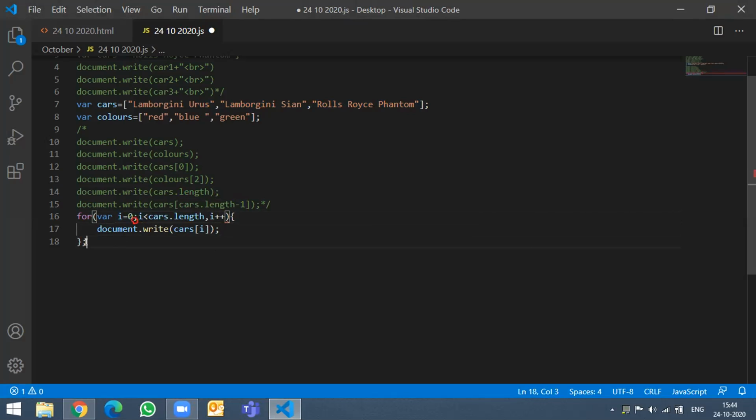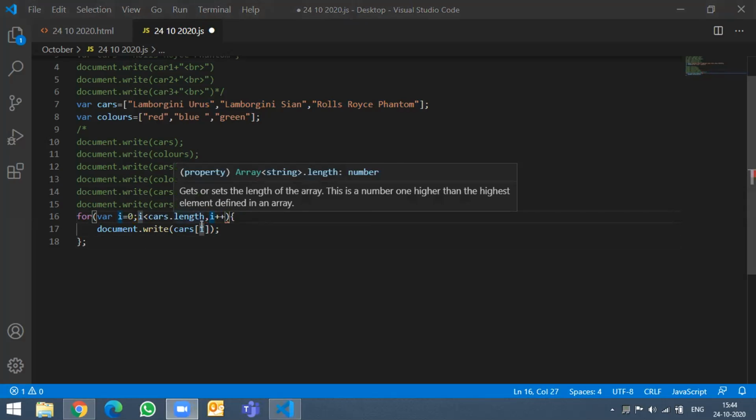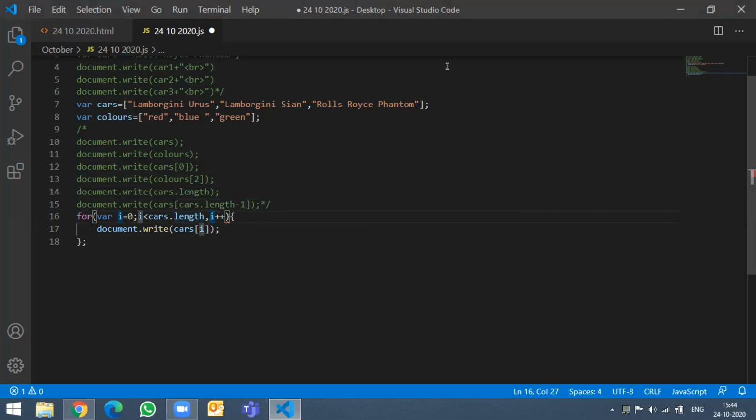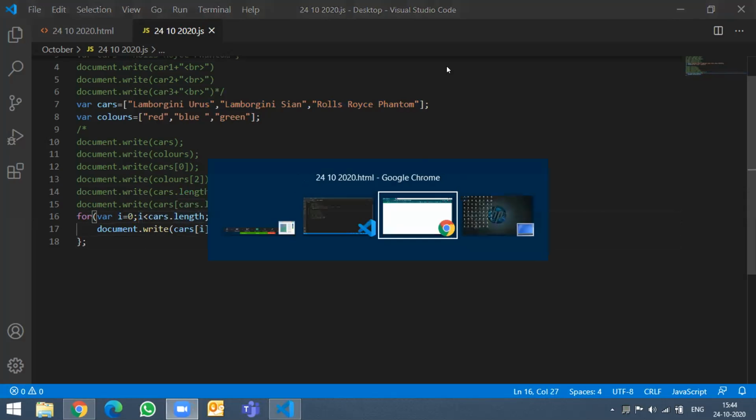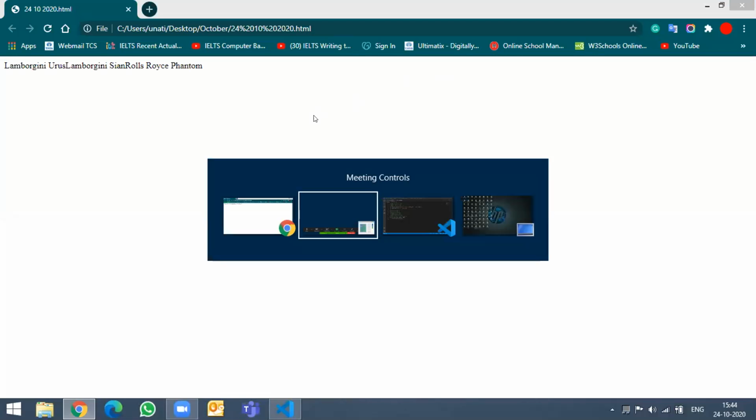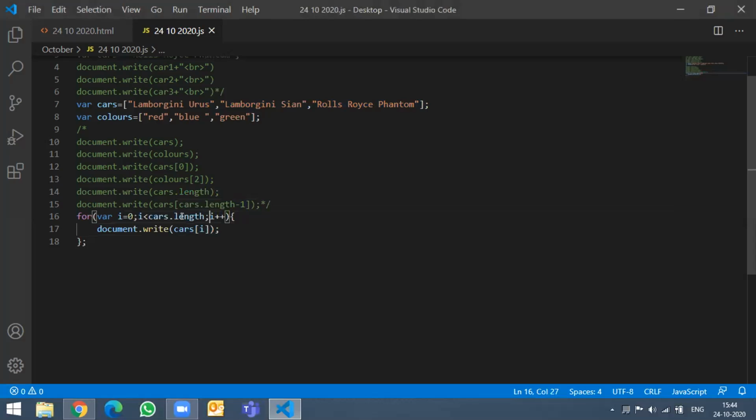Then over here also semicolon. Yes, sir, it is working. Now save it and show me. Okay, but just try to remember the syntax.